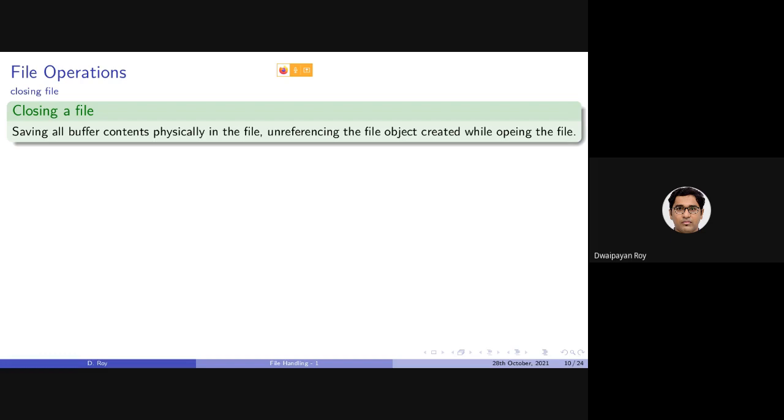The information will also get stored in the file upon termination of the program. But if we forget to close the file from the program, it might be the case that the information will not be written in the file entirely.